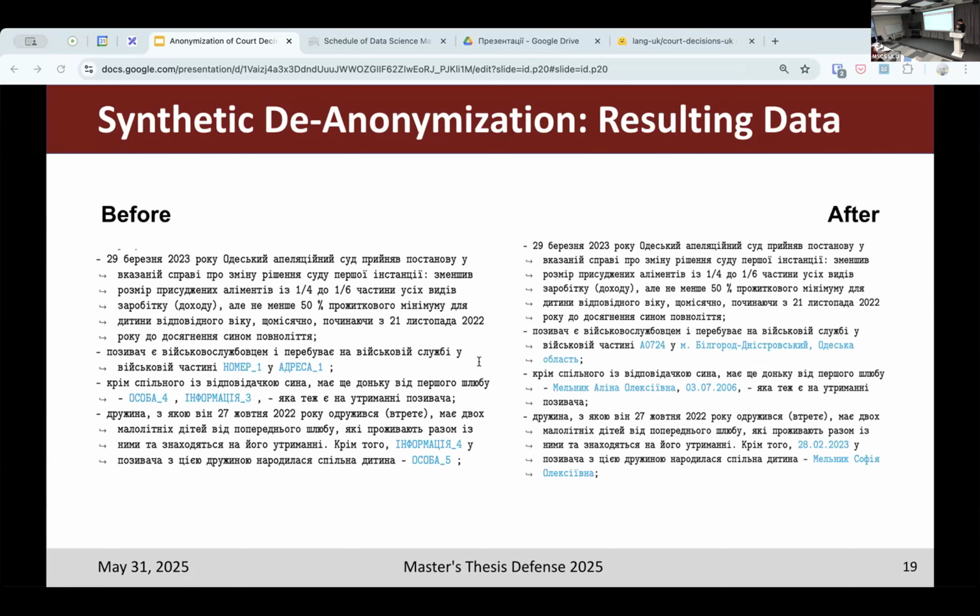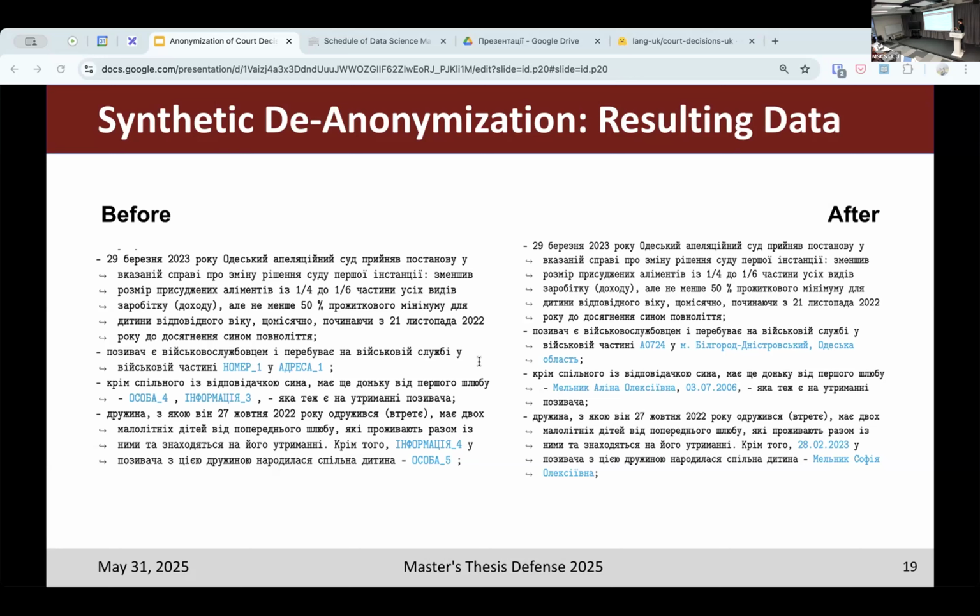And here's an example of the data. A few comments on that. You can see that this text mentions kids of the same person, which are son Osoba 4 and daughter or maybe son. It's not clear based on the context. Oh yeah, it has a daughter actually, Osoba 4. So the daughter gets replaced with Melnik Alina Oleksievna, and the other kid gets replaced with Melnik Sofia Oleksievna. So the only difference is the name, and the last name is the same, and the patronymic is also the same,